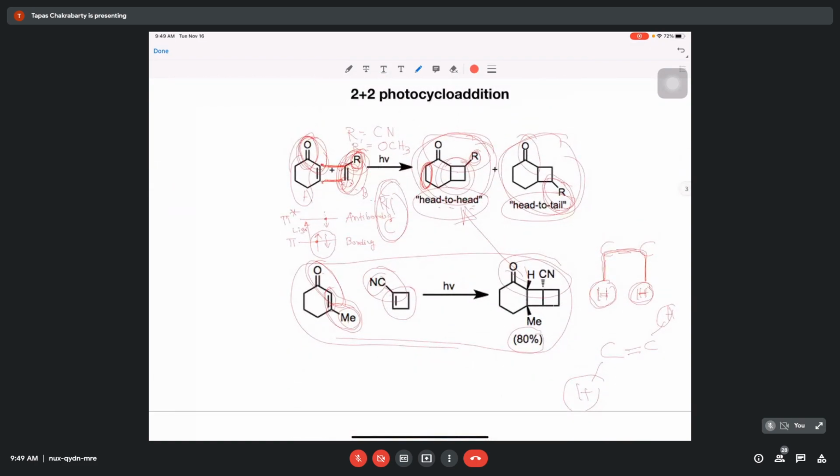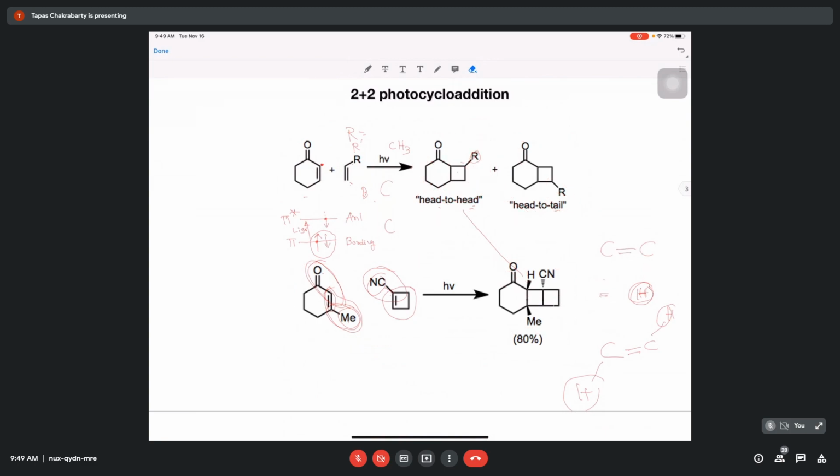Now, if you look at this molecule here, the other possible reaction, let me just clean this part, is the following. Since it is basically a reaction where this double bond part is interacting with this, why not that this part of the molecule will interact with this carbonyl group? Is that not possible? Yes, certainly it is a possibility.